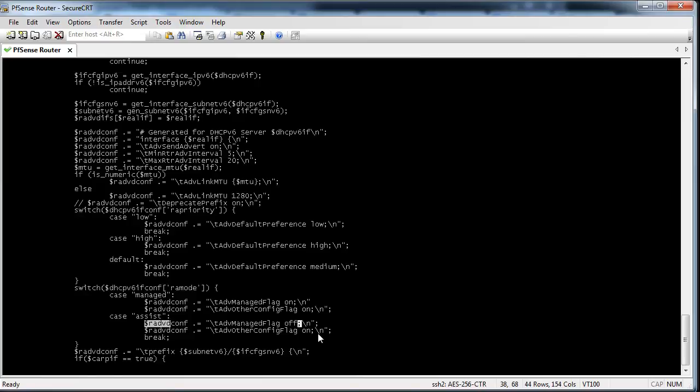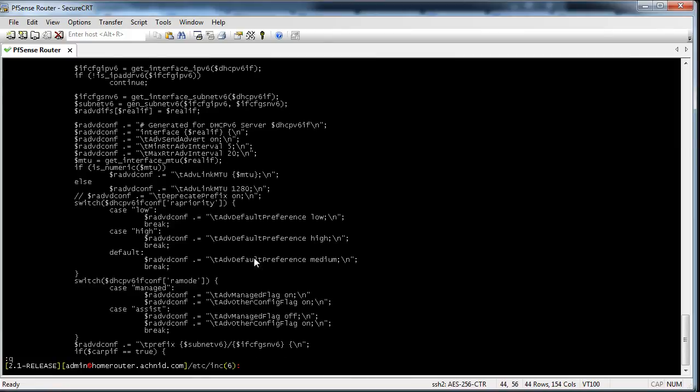Escape, escape, write quit. I'll just write the file. So now in assist, when that file gets written, the managed flag will be off, other flag should be on. So quit,